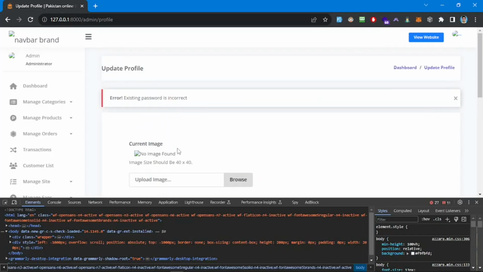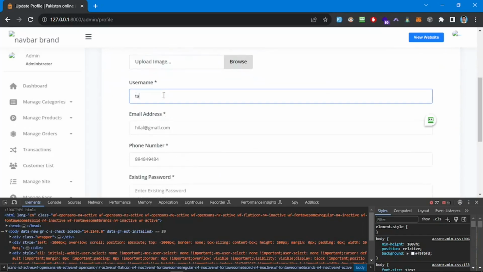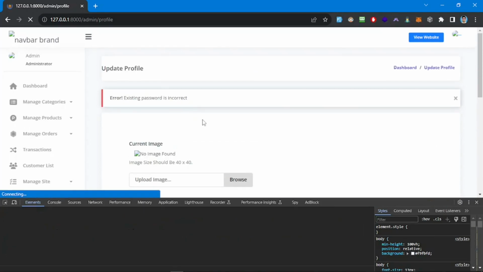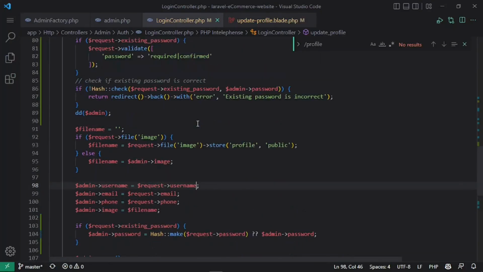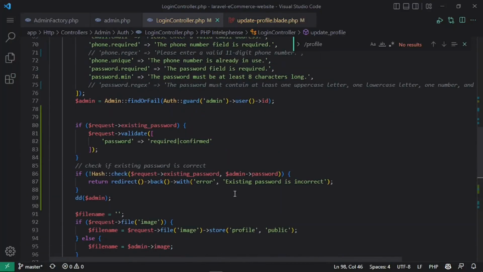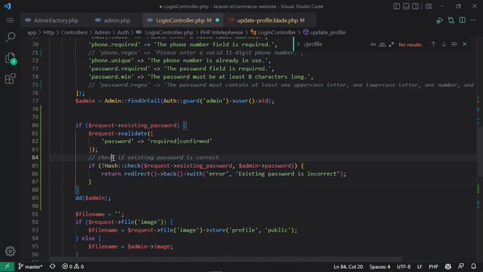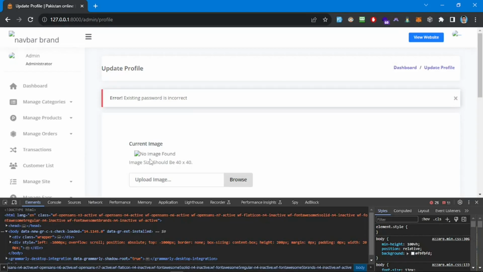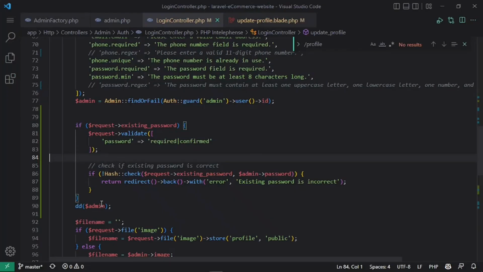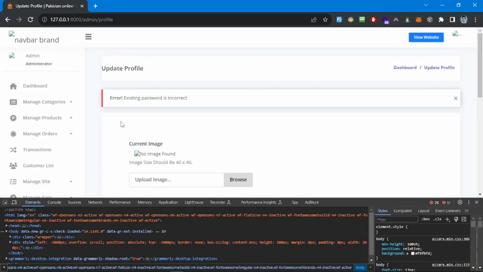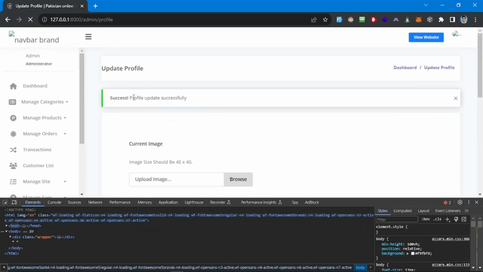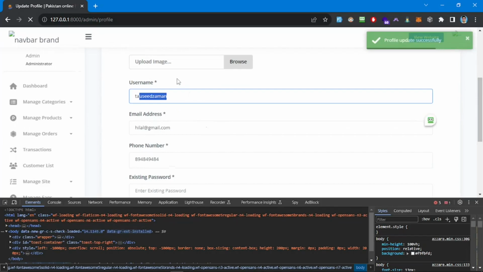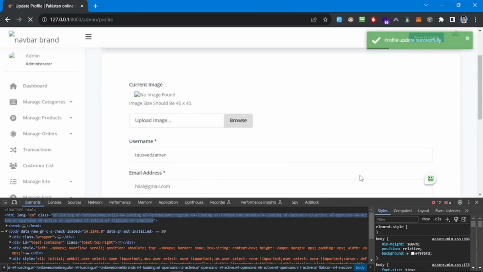So now let's change the username and hit enter to submit this. And existing password, okay, existing password is incorrect. Let's check. Existing password is incorrect. Okay, I think we should put this in this if condition. If the existing password is not provided, then you do not have to check that. And let's remove that. I'm gonna try it again. Hit enter to submit that, and now profile updated successfully, and you can see the username